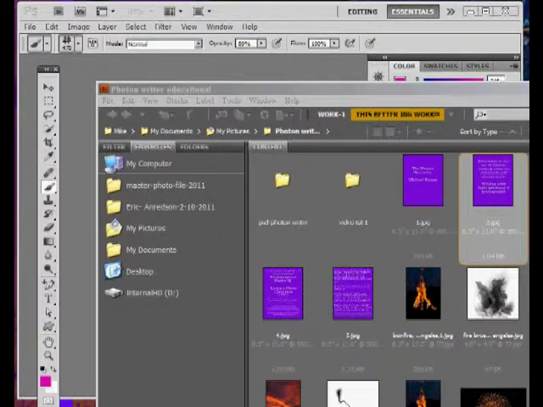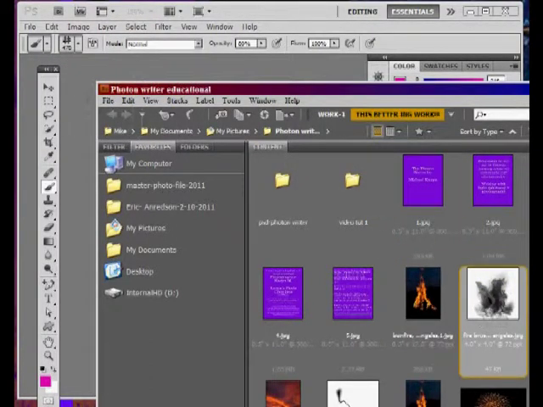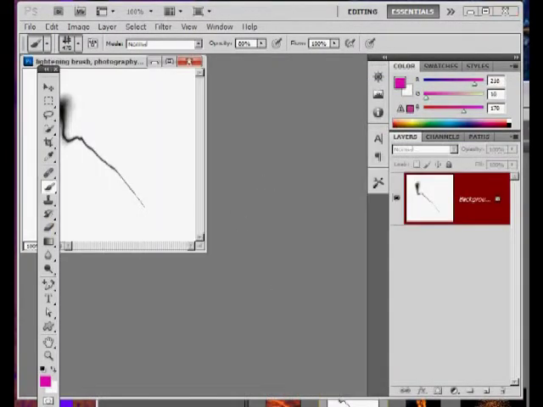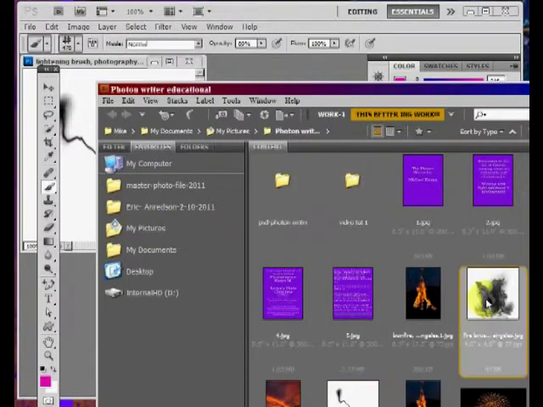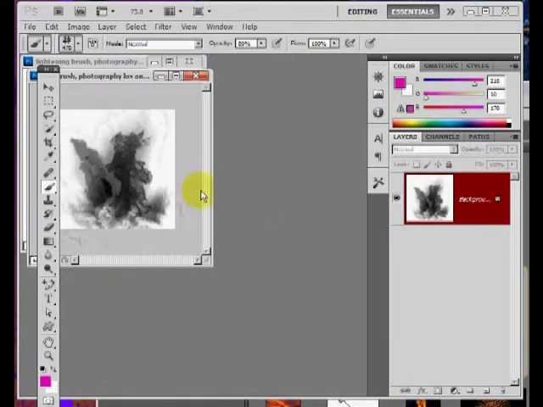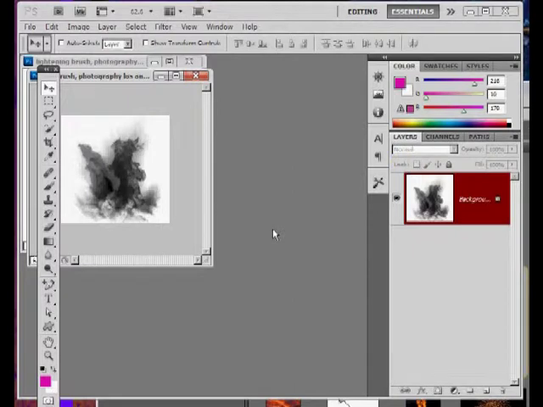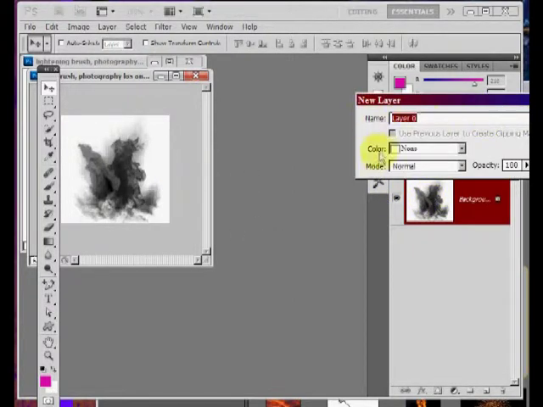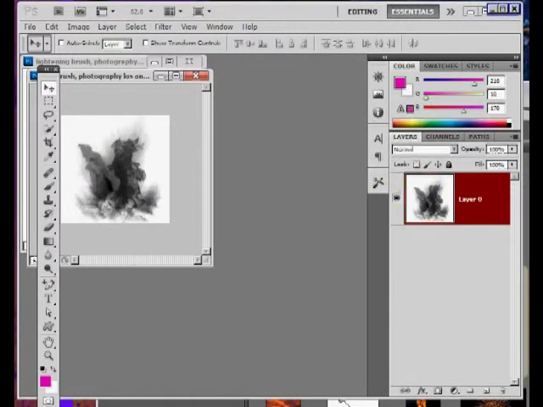Okay, today we're working on brushes, and here is one brush, and here is two brush. I guess the other brush didn't come all the way in, so we'll just come all the way over and make sure it does this time. Okay, and what we're going to do is V for your picker tool. Come over here. What you're going to do is double click so you unlock the layer from a background to its own layer. Control A, go to edit,